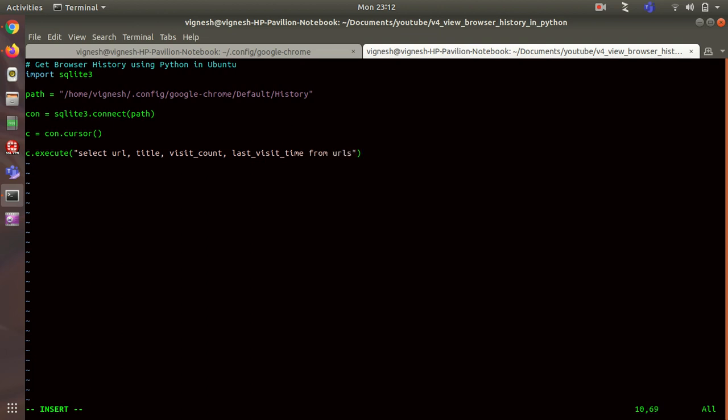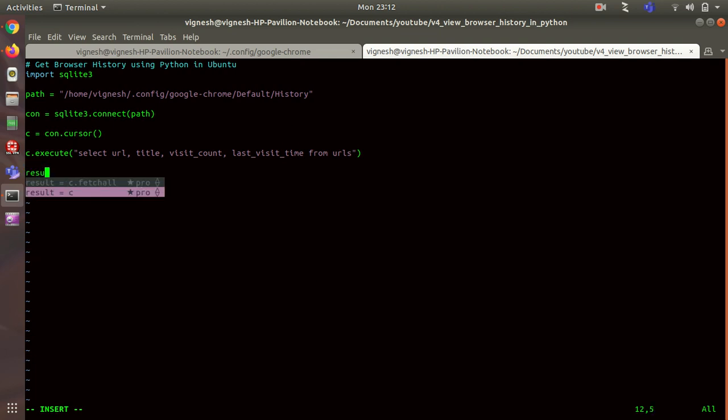So guys, I'm actually using only 3 columns here. Sorry, it's 4 columns. You can make your own query here. For tutorial purposes, I'm just making use of the 4 columns.